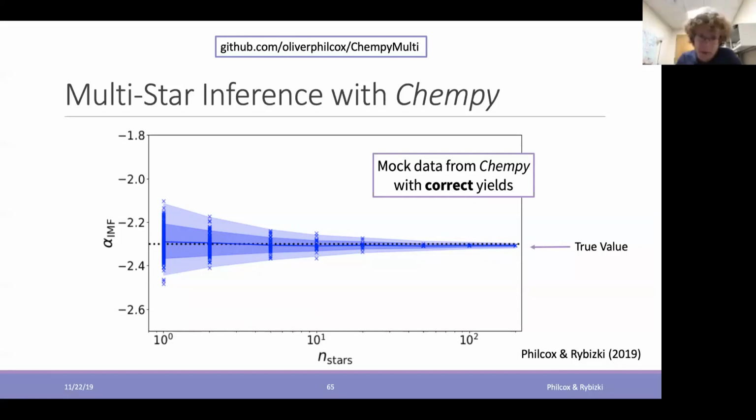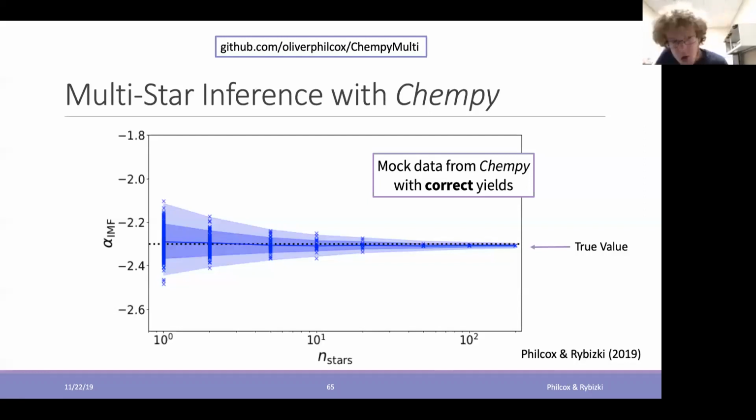Two salient points from this. Number one is that you notice the envelope of this function decreasing as we get to larger n stars. Here, n stars is the number of stars we used in our analysis. So 1 star here is similar to what we're doing in the protostellar abundances data. Then we're now including like 100, 200 different stars. And you notice that as we include more stars, the confidence shrinks. We get more and more confident of our result. The statistical error just decreases and decreases, which is completely as expected.